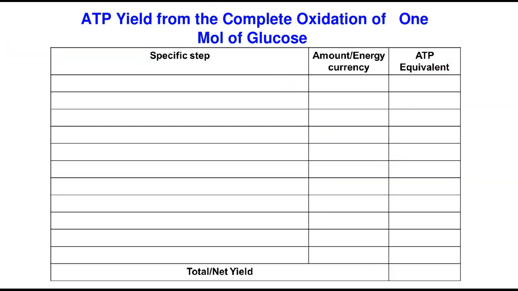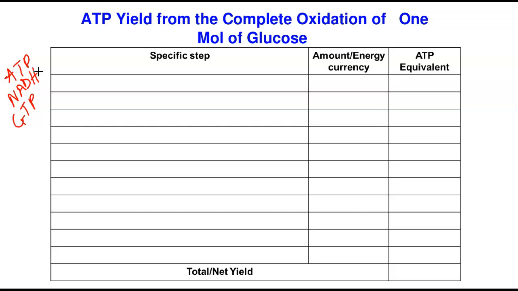Now, how do we calculate? It says ATP yield for complete oxidation of 1 molecule of glucose. What are we going to do? If we want to do the ATP calculation for the oxidation of 1 molecule of glucose, our interest will only be in those reaction steps that use or generate ATP or reducing equivalents. The reducing equivalent we're talking about is NADH, or even the steps that generate GTP. So any reaction that involves any of these, we're going to take note of. That is our interest.